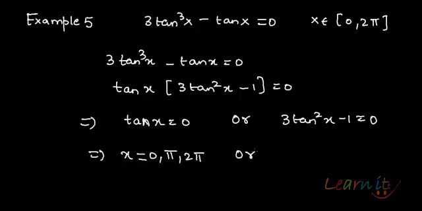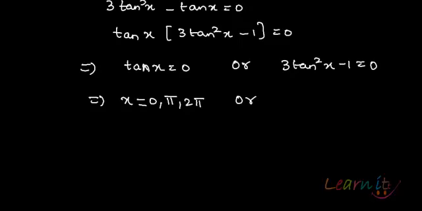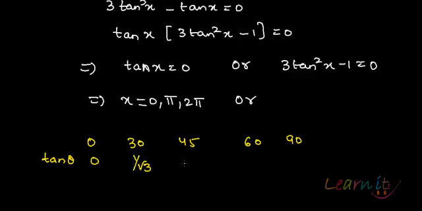Or now let me give you the values of tan also. So the major angles 0, 30, 45, 60, 90, and tan is sine by cos. So tan theta is 0 here, it is 1 upon root 3 here, it is 1 at 45, it is root 3 here, and it is undefined for 90. Okay. So using these values,